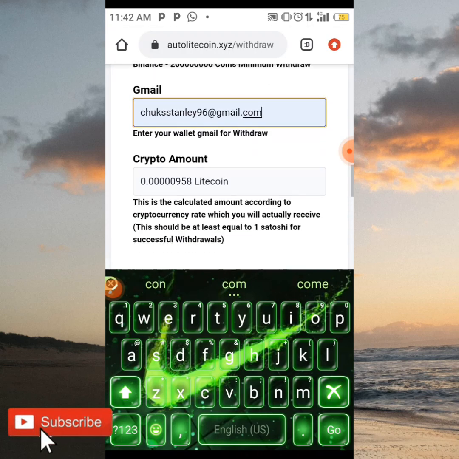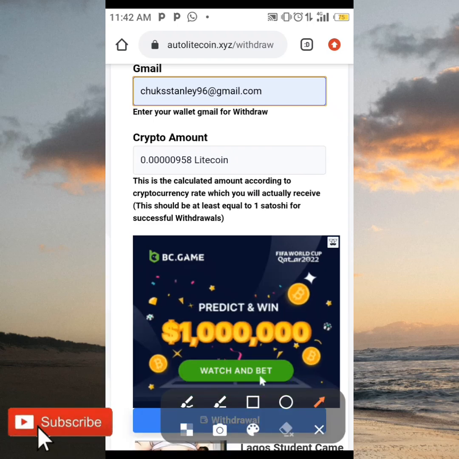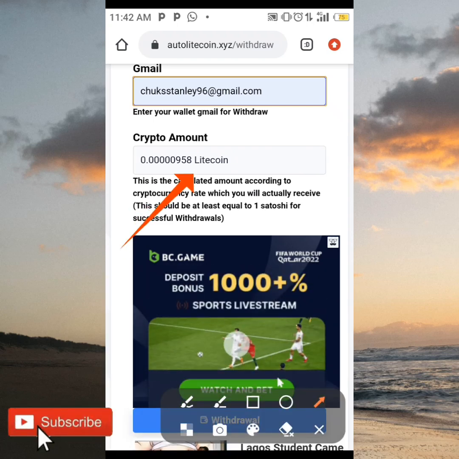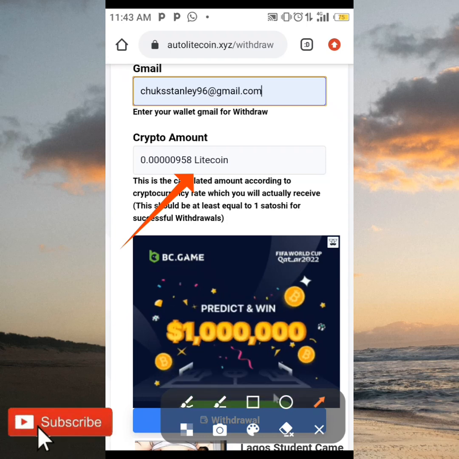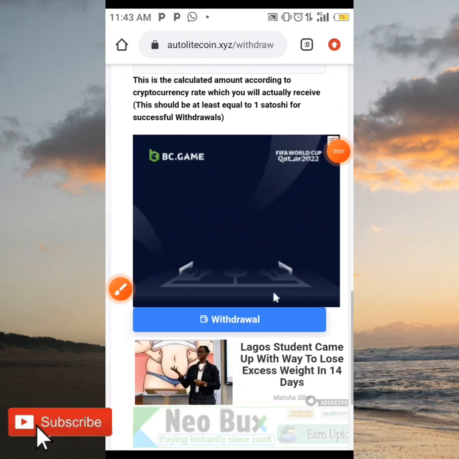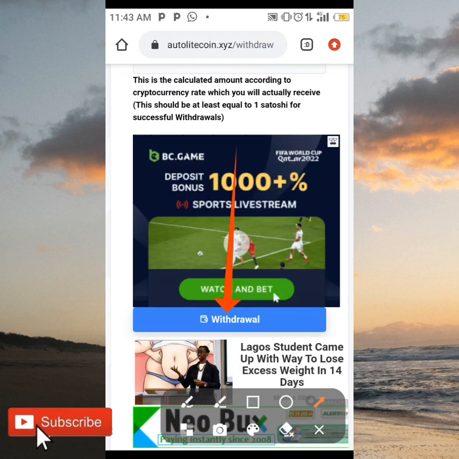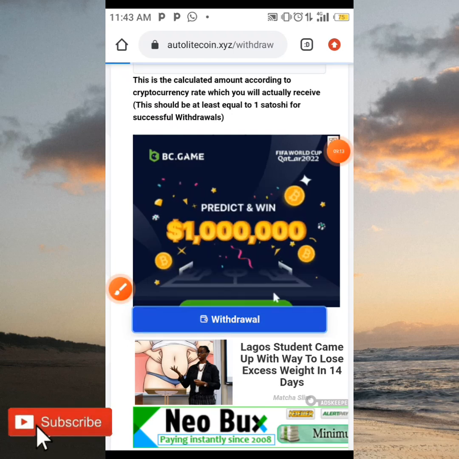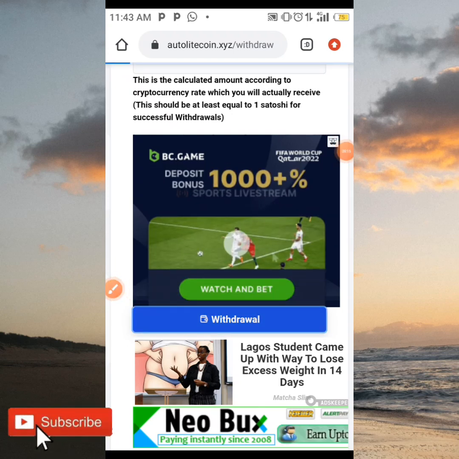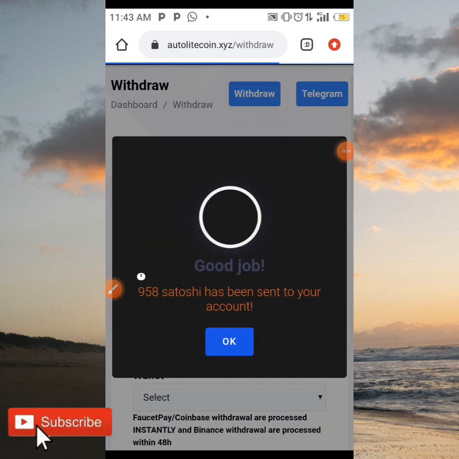Now after that is done, this is the amount of coins which we are going to be receiving. As you can see over here, 958 Satoshi of LITECOIN. So all you need to do is to come over here and click on withdraw, which is over here. And when you click on withdraw, guys, I'm going to be seeing this. As you can see over here,